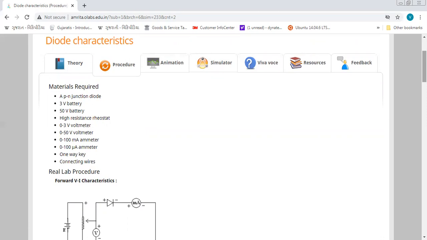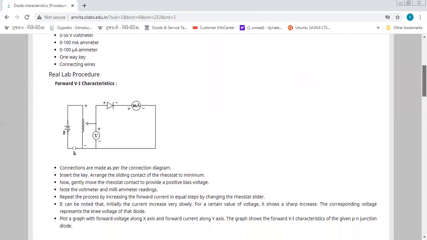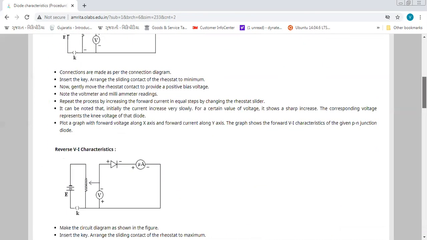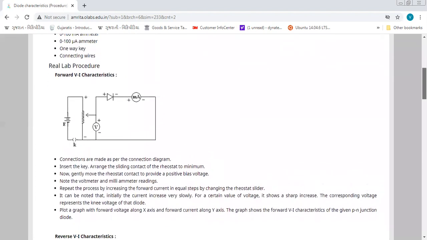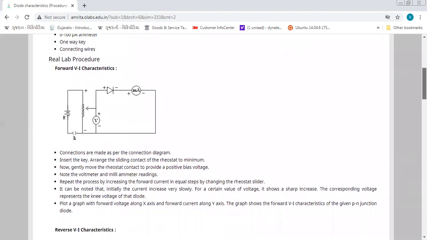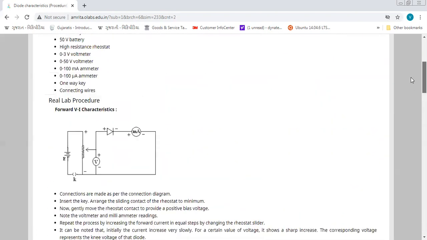This is the circuit diagram for the forward bias condition of the PN junction diode, and this is the circuit diagram for the reverse bias condition. We will be using this in the simulator, which will be helpful for connecting the apparatus. So moving to that,